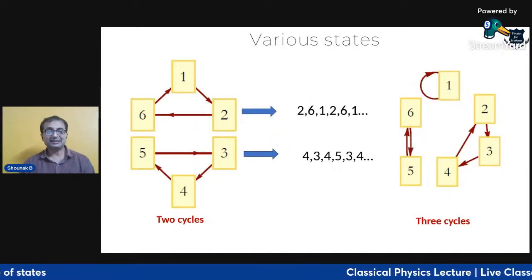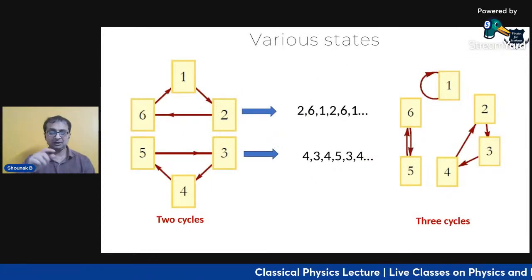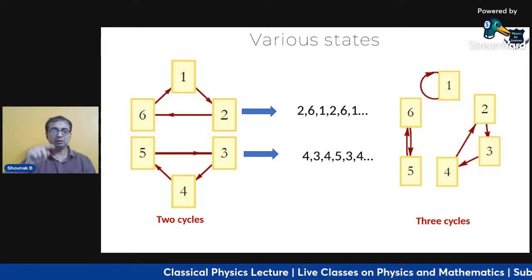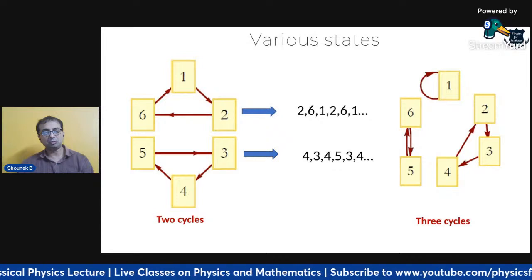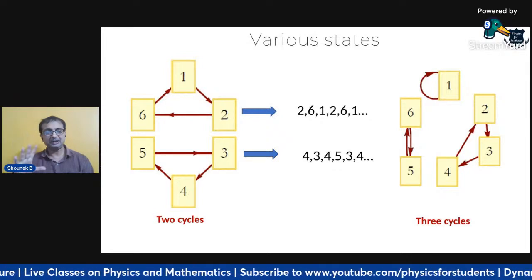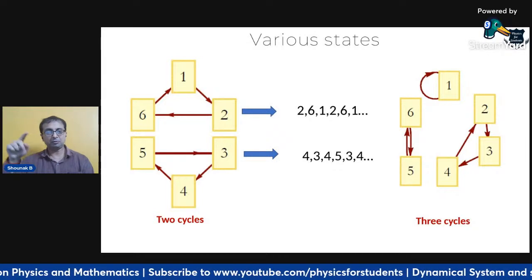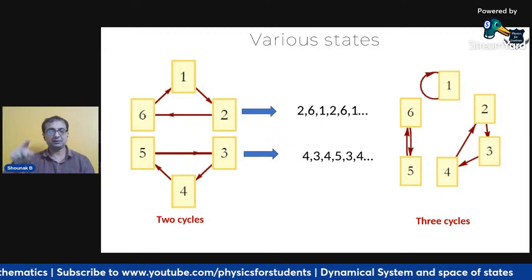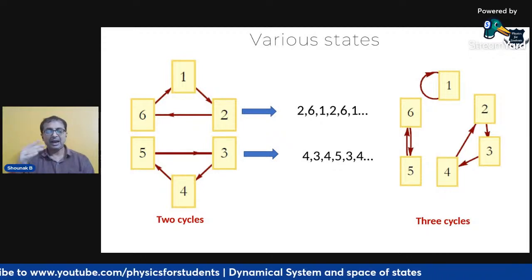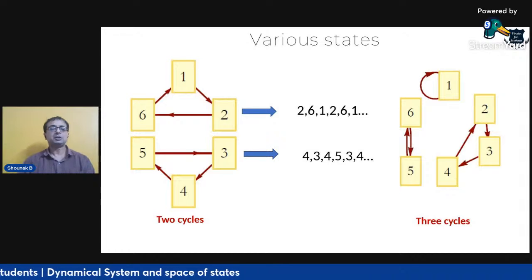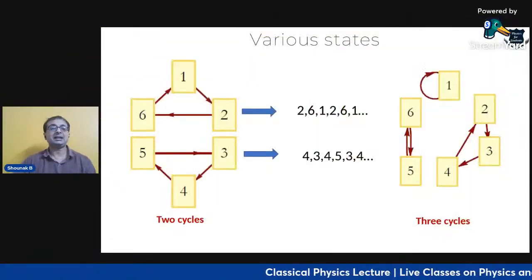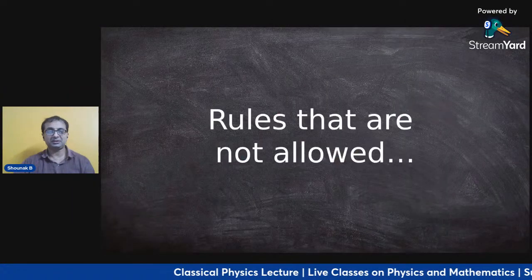We also get this kind of a state which is called a 2 cycle. Now you see, if I start with 2, I will go to 6, 1, 2, 6, 1, 2, 6, 1. That means I'm never going to go to 5 or 3 or 4. Similarly, if I start with 4, I will go to 4, 3, 5, 4, 3, 5, 4, 3, 5, and so on. And these are 3-cycle systems, 1, 2, 3, then from 1 to 1 and 6, 5. So it is very difficult to show the combination of all the states. But this, I think, would give you a basic idea of what the states are.